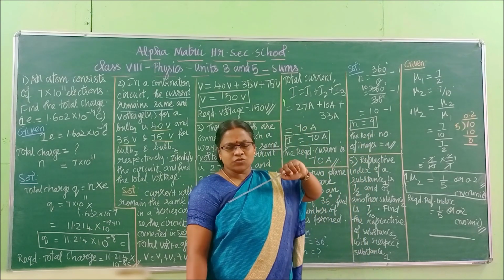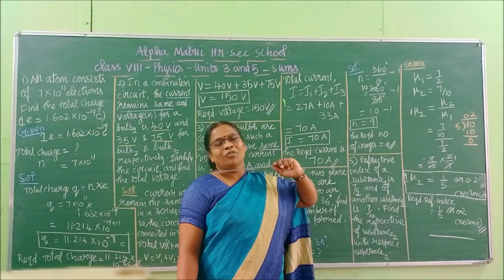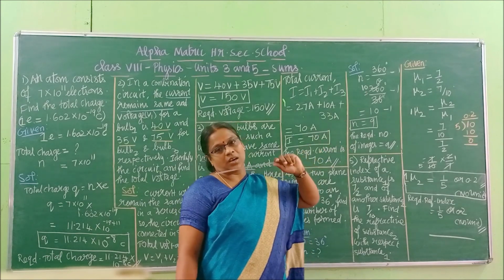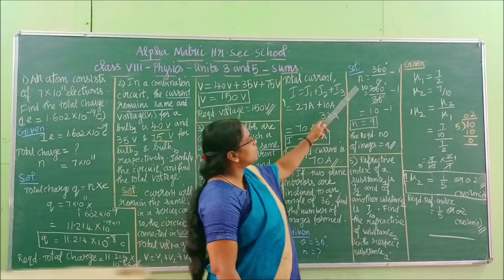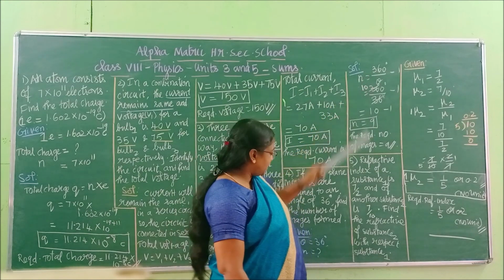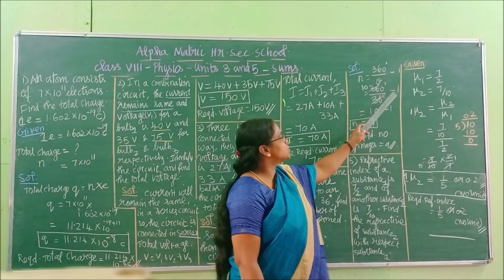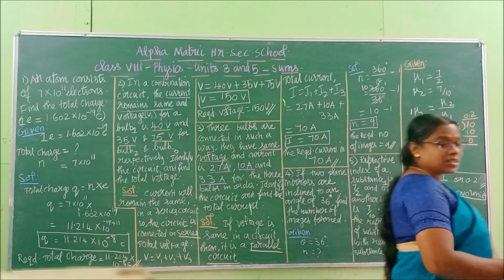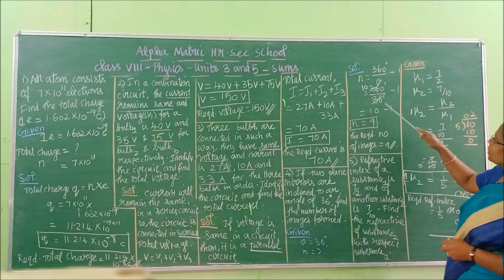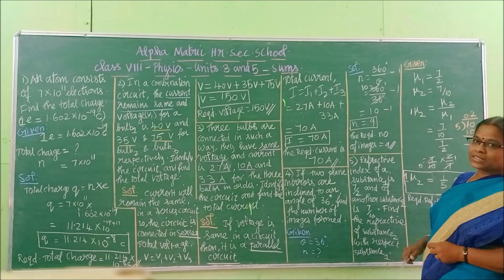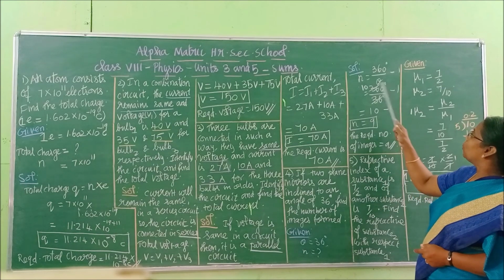Do you remember this formula? Turn the pages of your light lesson and under the heading multiple reflection, you can see this formula, right? So 360 degree by theta. What is the value of theta? 36, minus 1. So 360 degree by 36, 36 will get cancelled as 1 and this 0 will come here.